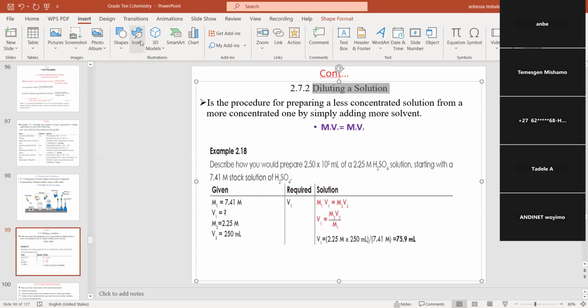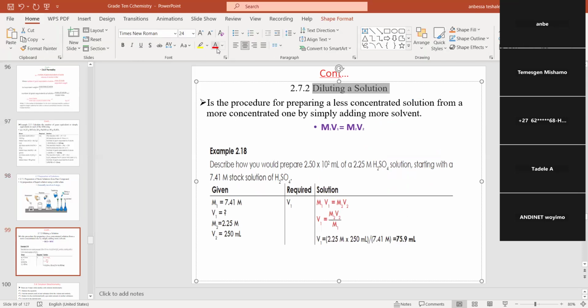Here is the dilution process. When you see dilution, diluting a solution is preparing a less concentrated solution from the higher concentrated solution, or from the stock solution. So always the dilution formula is equal to: molarity of initial times volume of initial is equal to molarity of what we're going to prepare times volume of